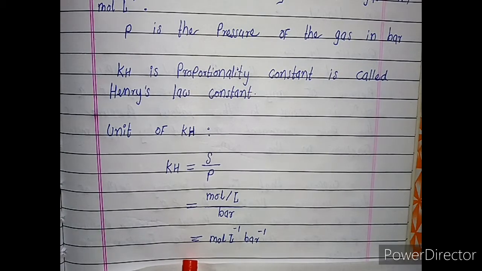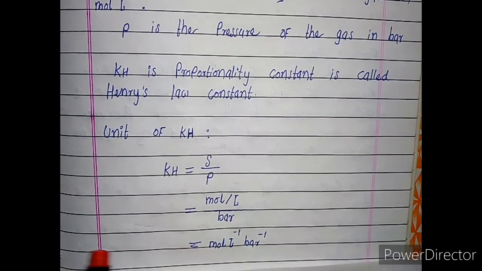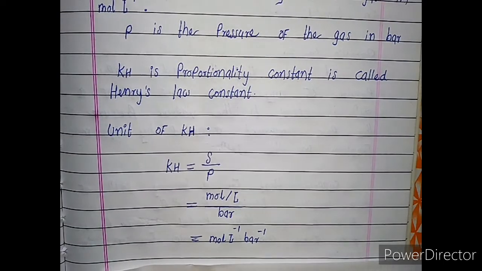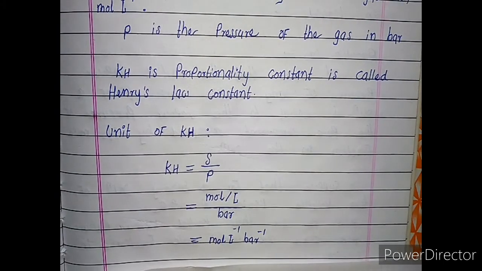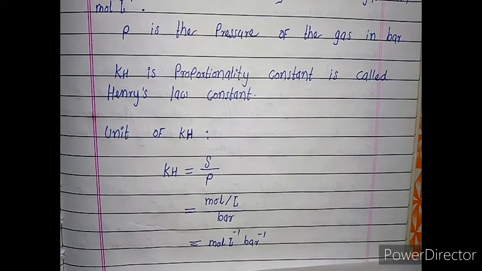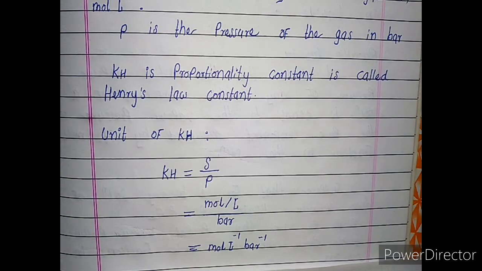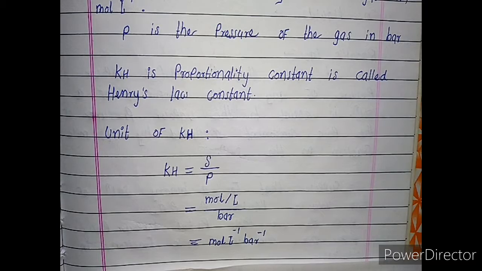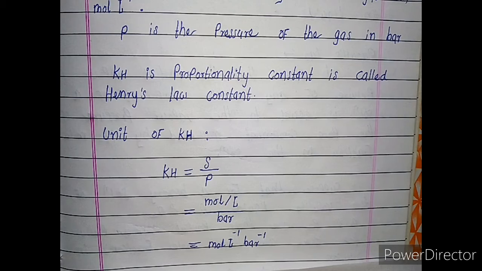So dear students, this is about Henry's law. For demonstration purposes, I would like to introduce the example of cold drinks. If you take the example of Sprite, when you open the cap of that bottle, it is observed that the liquid present in it comes out with high speed. So how is that happening? It happens because while packing these cold drink bottles, carbon dioxide gas is pressurized into the liquid, that is the cold drink, under pressure.